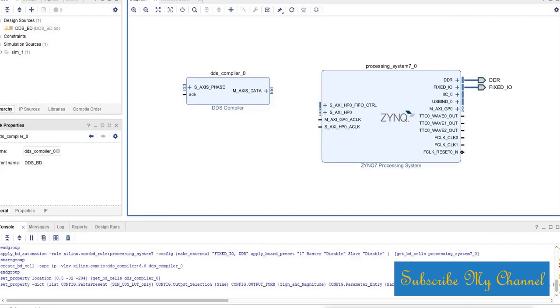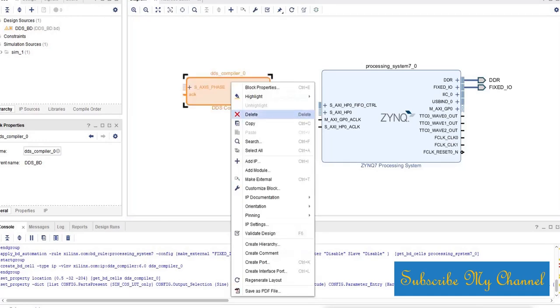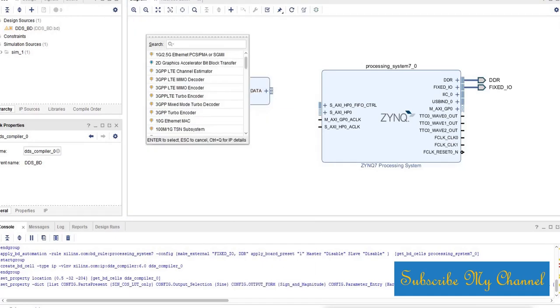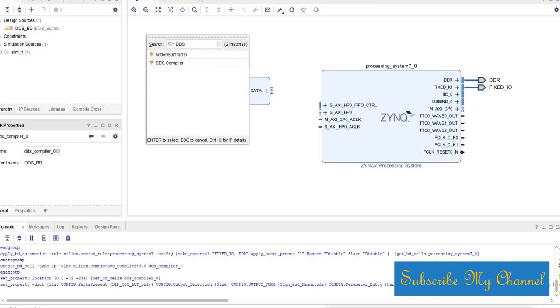So we have to give the phase signal. We'll do one thing. We'll add another DDS compiler.